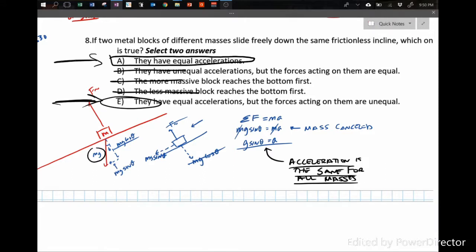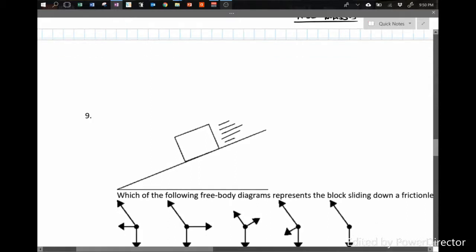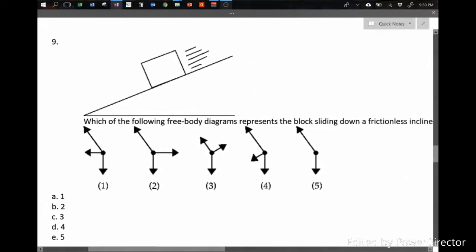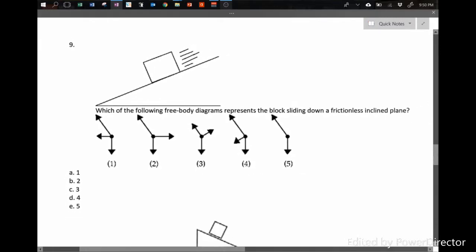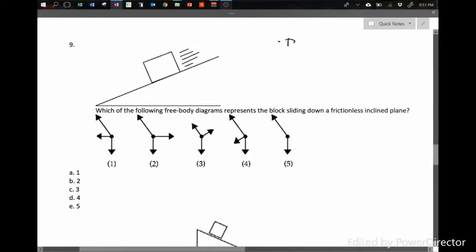All right, let's move on to number 9. Hey, we have a block sliding down a frictionless inclined plane. We've done this more than once now. So we're asking for the free body diagram, and it's a separate, alone free body diagram. So this goes for you looking at free body diagrams, and this goes for you drawing free body diagrams. But